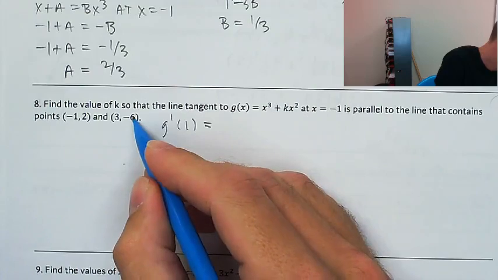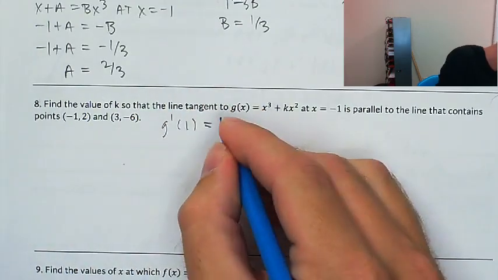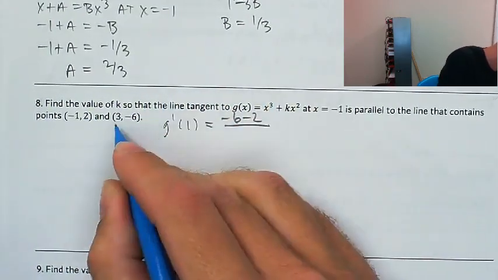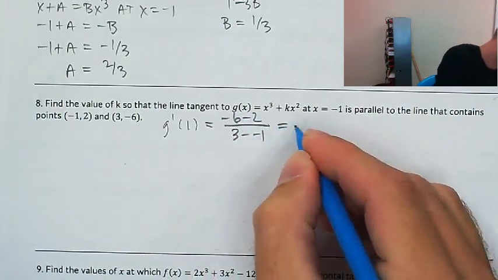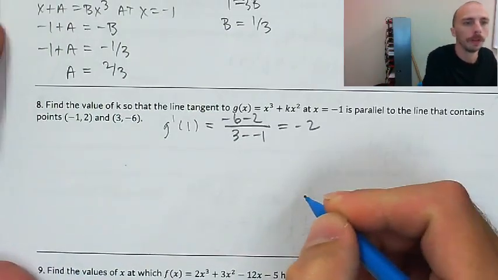And I'm going to just run the slope formula on this, negative 6 minus 2, divided by 3 minus negative 1. And so that's going to be negative 8 divided by 4, which is negative 2. Okay,